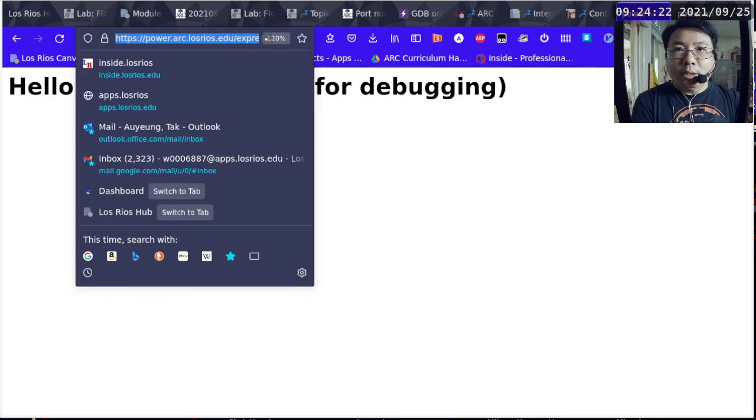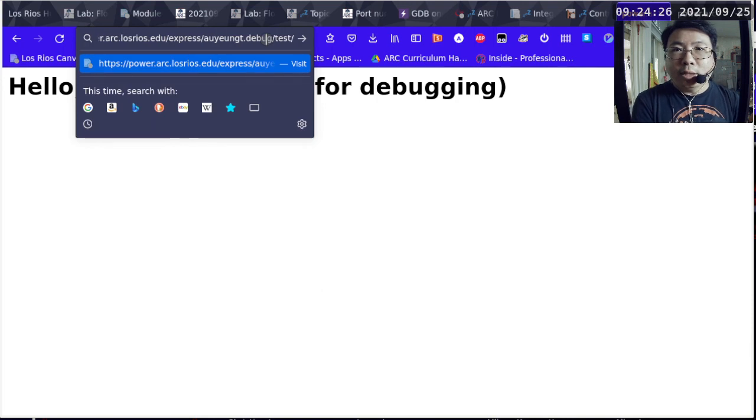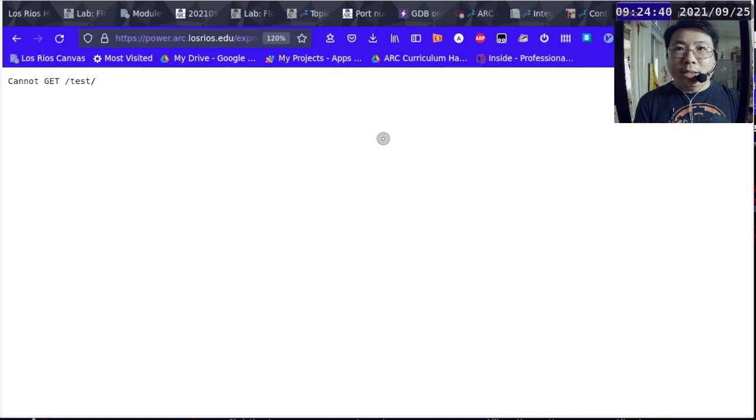And even if I were to add test as the endpoint, it's going to be a problem, because the script that is currently running, which is from the text file before I made all the changes, did not specify a test endpoint. So when I press enter, it will just say cannot get test, because the endpoint has not been specified in the file before I started the app. Okay, so this is good and bad in a way. It is good in the way that